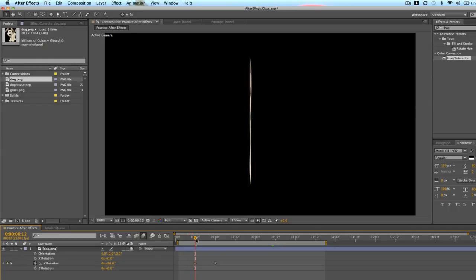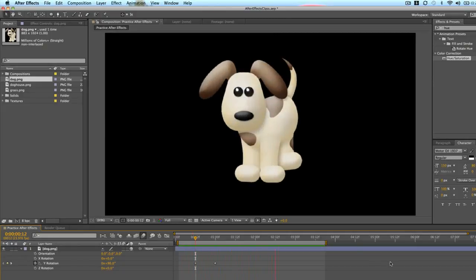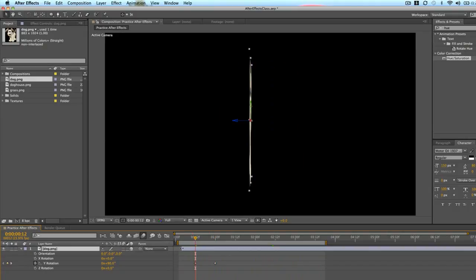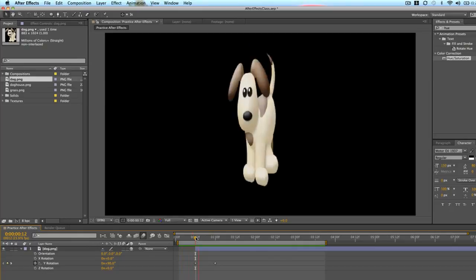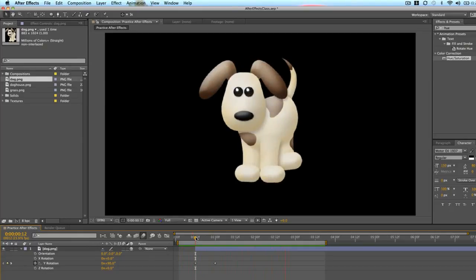So to get rid of that, let's render this out and I'll show you what it looks like. So that's the basic animation. Pretty cool introduction of Fido, but we can still see the sliver before. So what I want to do is go to this first keyframe and then drag this layer in so we don't see it until that very first keyframe. So there you have a nice clean animation